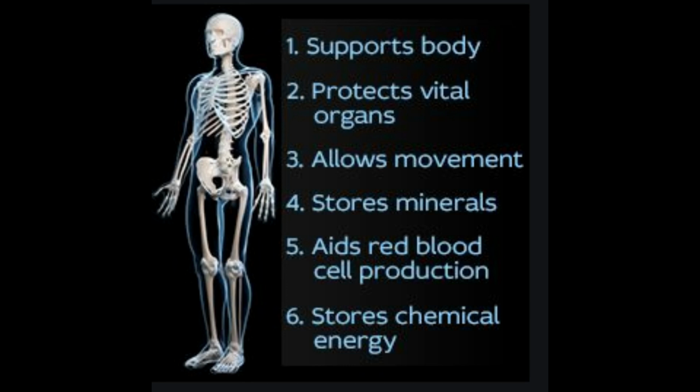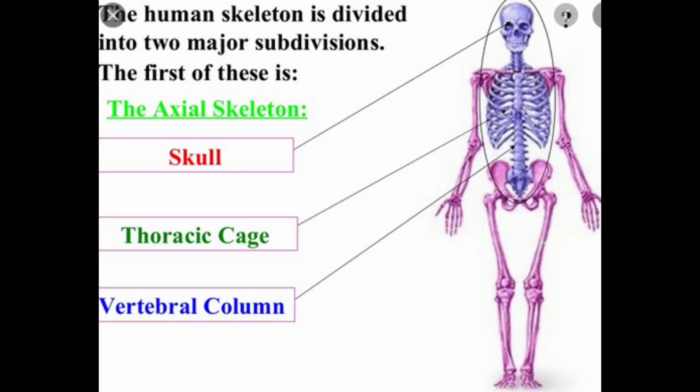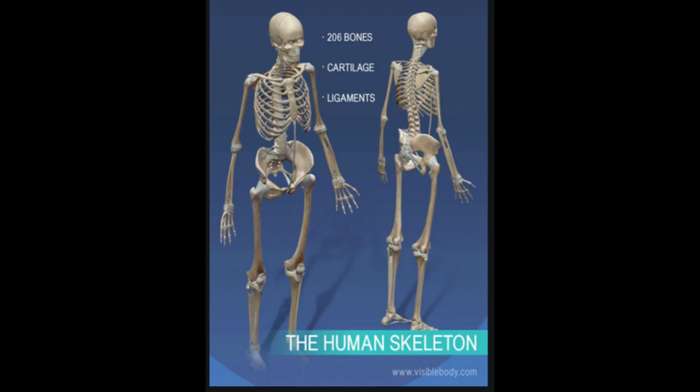Which are the parts of our endoskeleton? The skull helps to cover the brain. Ribs help to cover the lungs. The vertebral column helps us to stand erect. Bones in the hand help us to move the hand and give shape. Bones in the leg help us to move the legs and give shape to the leg. So bones are of different types according to their duty.